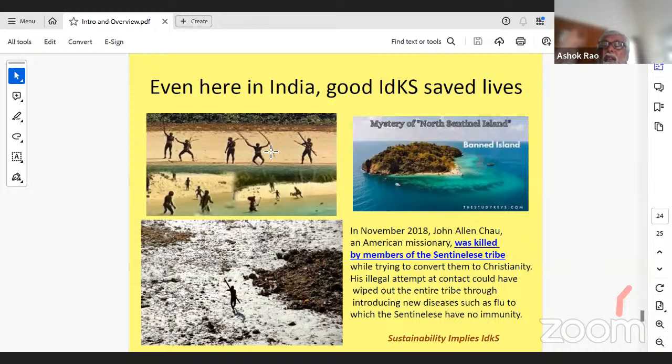Same thing. So indigenous knowledge system implies sustainability. But you can't go throw off all your clothes and live like them. We can't even hunt for our food today. So we have far given up our sustainability practices. Today we live only by unsustainable practices.